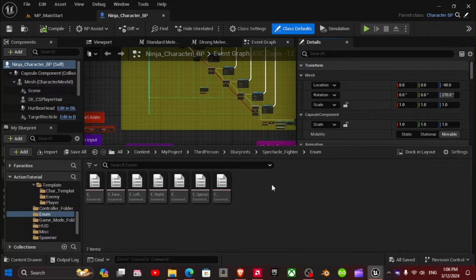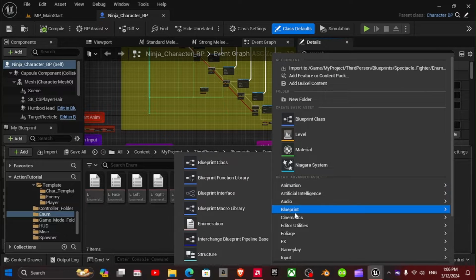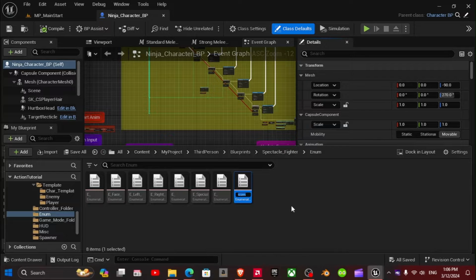We're going to right click, Blueprint, and Enumeration, and rename it E-states.